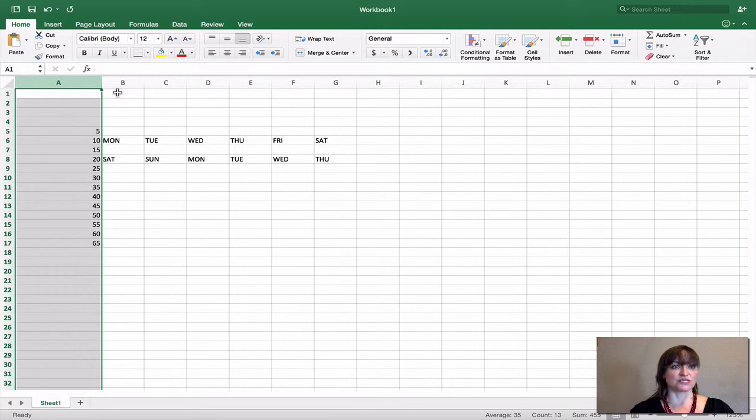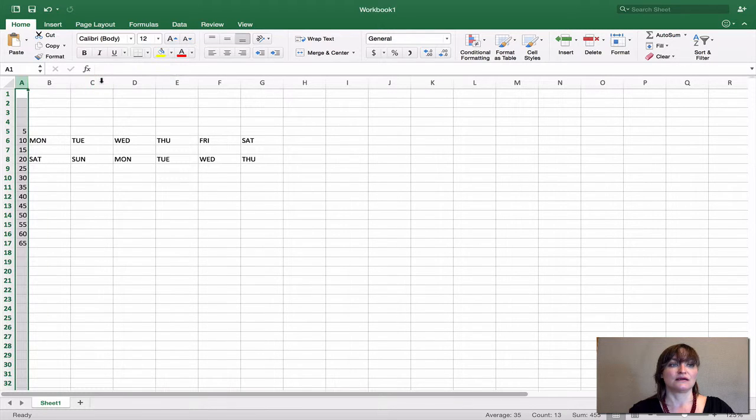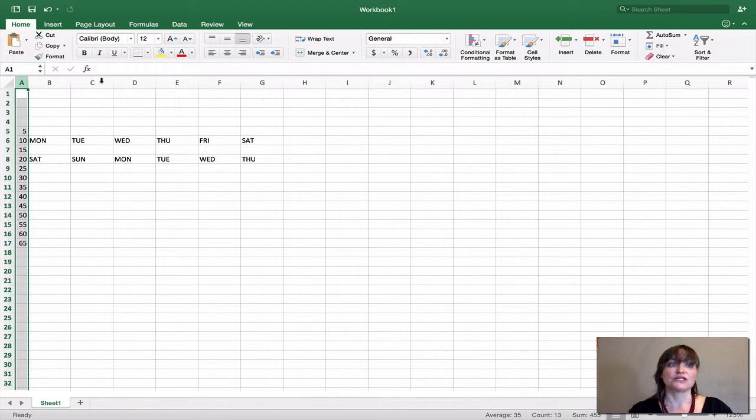If I just want to fit the columns to the size of the data in them, I can just hover right until I get that push me pull you, and then double click, and it automatically adjusts to the size of the data. So in this case, there was only small numbers in there, and it's shrunk right down. I could do that for the whole.